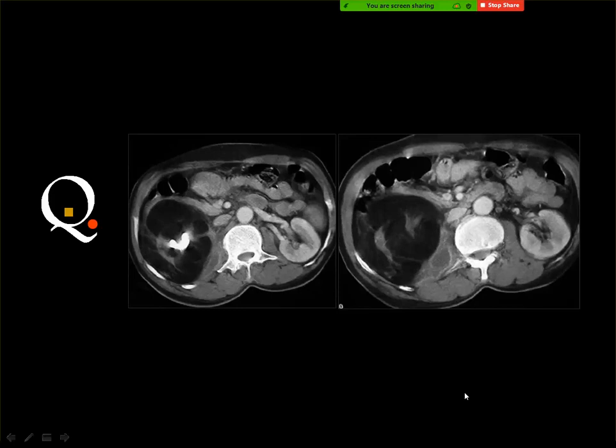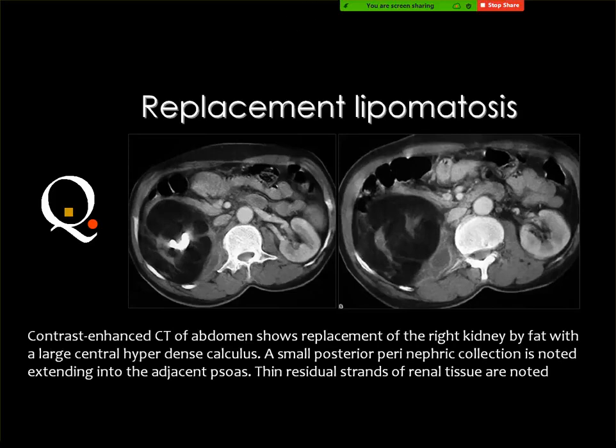Emphysema, no. This is fat. Xanthogranulomatous. Okay. And this is a new topic I would like to emphasize, which is known as replacement lipomatosis of the kidney. And the kidney is totally replaced by fat, and there may be a stone, and you don't see any renal parenchyma at all,